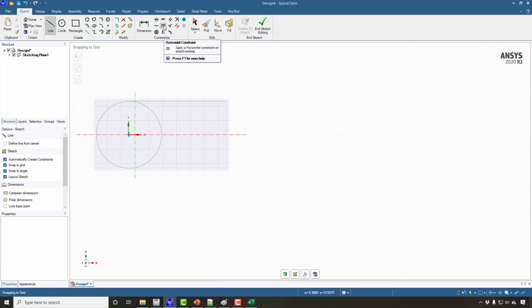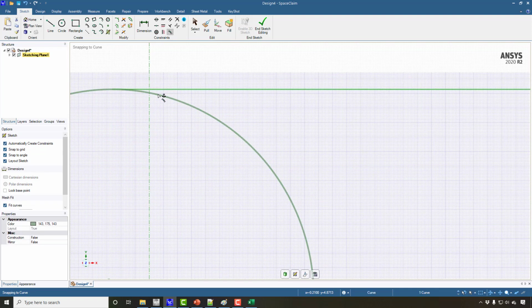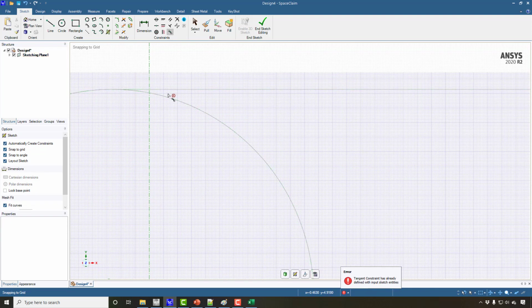And so after deciding about this portion, I will go for the bottom side. Here we have the different options, like the concentric, the midpoint, the coincident, the fixed constraint, horizontal, and this is the tangent constraint here. Okay, so already we have this constraint defined.